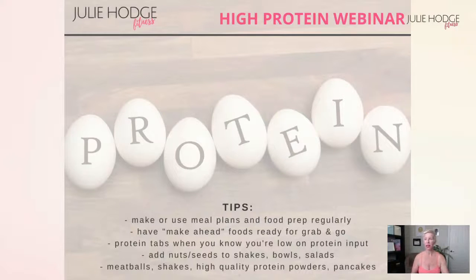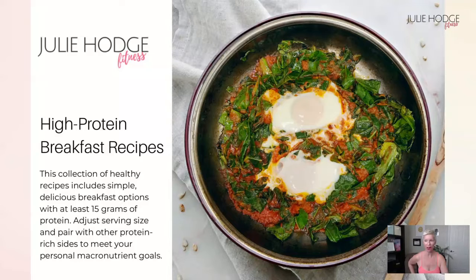Okay. So now let's move on. Let's talk about some high protein breakfasts. All right. So here we go. And these are available to share. I can share these or post these. Let's talk high protein breakfast. I'm going to quickly go through here just to give you an idea of some great high protein ways you